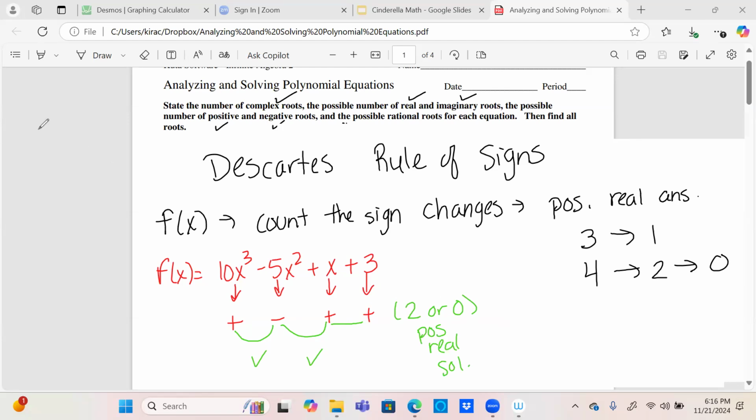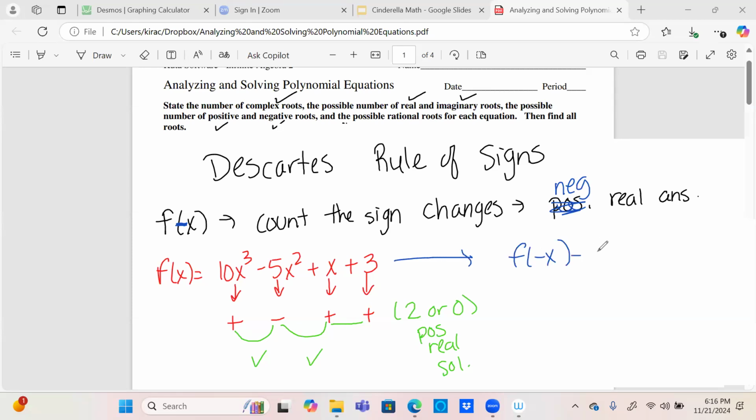So you're probably wondering, how do we get the negative? You're going to do the same thing, but instead of f of x, you're going to do f of negative x. Count the sign changes, and that will be your negative real. So if this is our function, let's do f of negative x. So that would be negative x cubed is negative. So that would be negative 10x cubed. Negative x squared stays the same. This would be negative x,